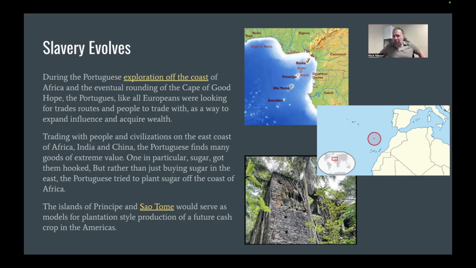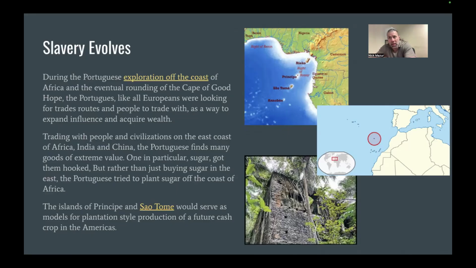They tried to see if they could make it work. And it was successful in some areas, but there were other cash crops that became more successful. What's interesting though is that we do know that Christopher Columbus actually visited Ghana at the time, when they were trying out these new farming techniques.